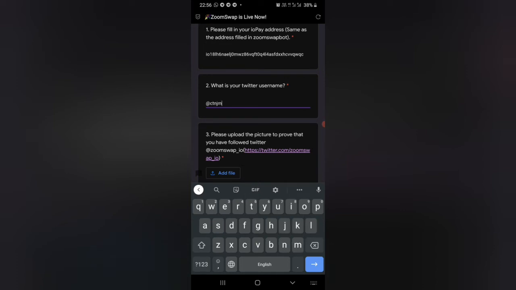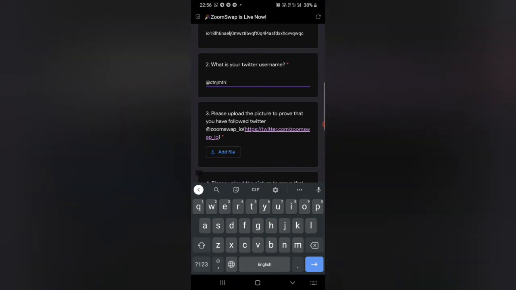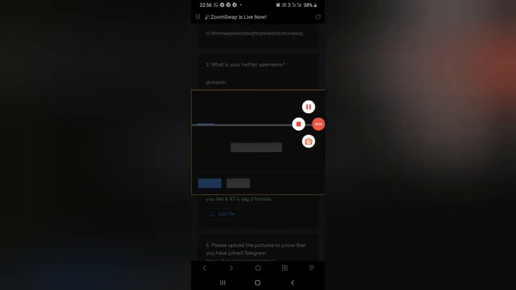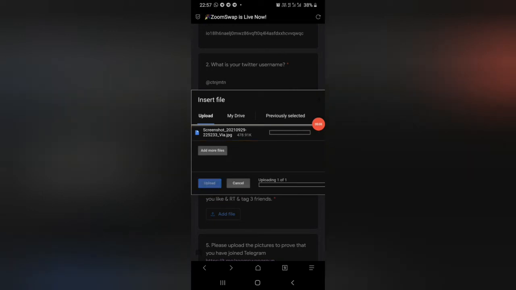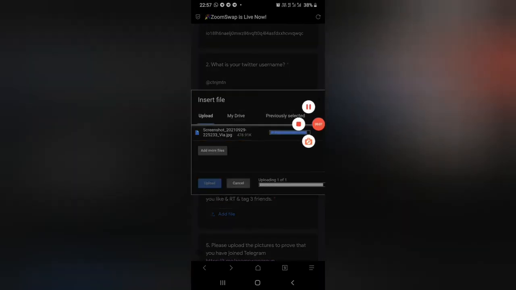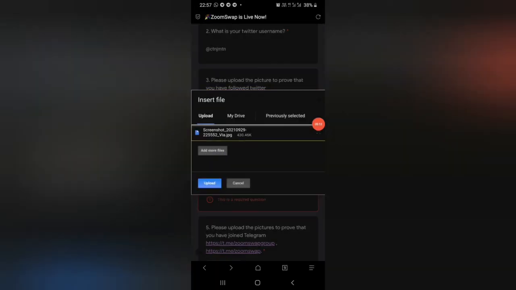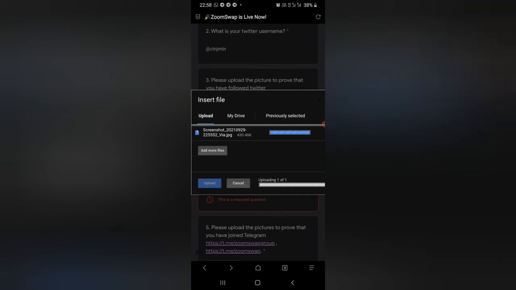Now you need to enter your Twitter username. Now you need to enter your screenshots. On the first page, you need to upload the Twitter follow.